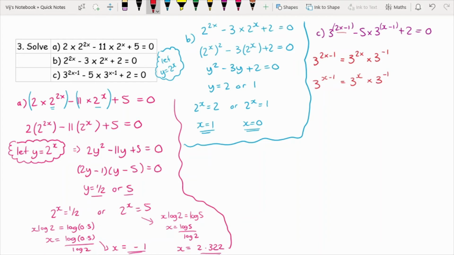So if that was a plus 1, then that would just be a plus 1. If it was plus 3, that would be a plus 3. So whatever this second constant is, whatever you're adding or subtracting, that's what's going to be next to your base number here. So what I'm now going to do is substitute